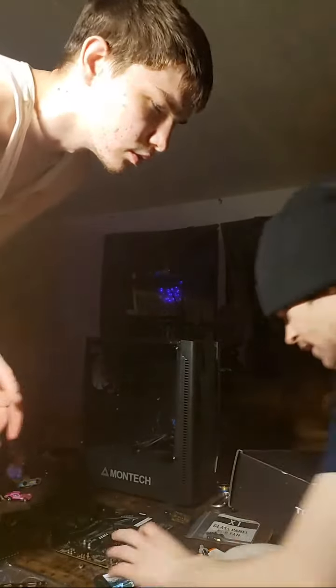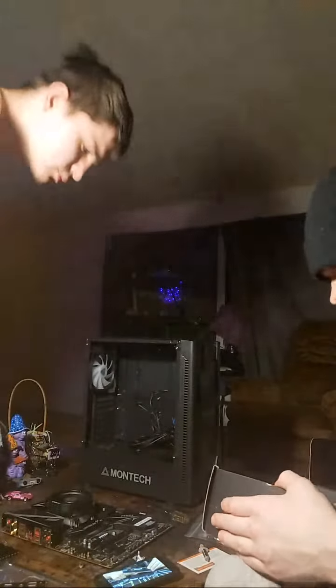Now, before you install these, you want to make note of the little notch at the bottom of the module. You can see it right there. It's off center, which means that the